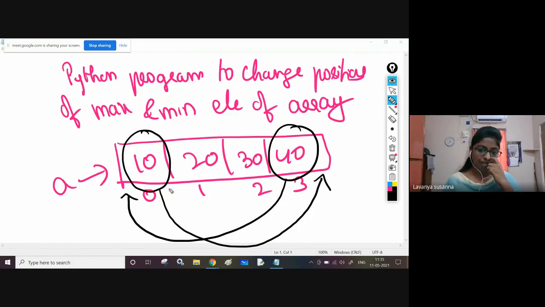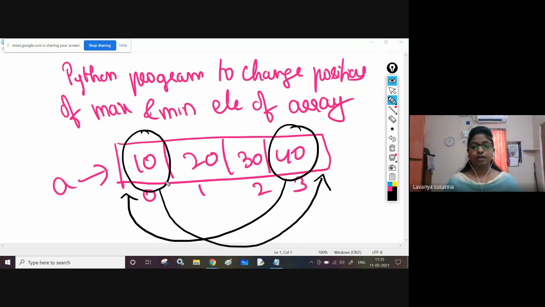First, you need to find the maximum element position and the minimum element position, and then you need to swap both of them. 10 must come to the position of 40 and 40 must come to the position of 10. This is the problem statement.